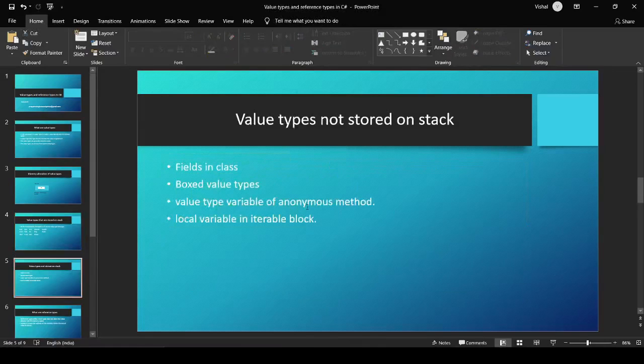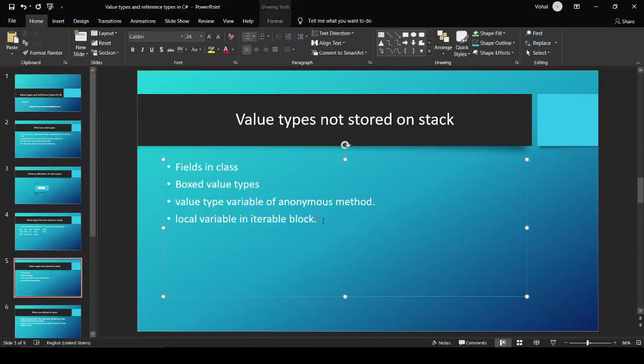Now, the value types that are not stored onto the stack. There are few value types which are not stored onto the stack. Instead, they are stored onto the heap, like fields in the class. Then boxed value types, where the value types are boxed into the reference types and stored onto the heap. I will be uploading a separate video tutorial for boxing and unboxing in C#, so don't worry about that. Third, the value type variable of anonymous method and the local variable in the iterator block. That means the variable declared in the for and foreach loop to iterate over the collection is also not